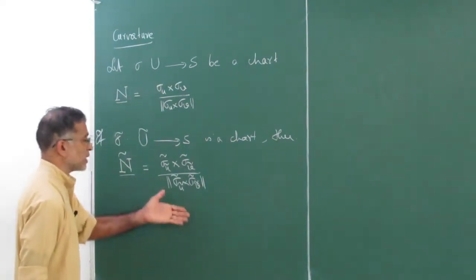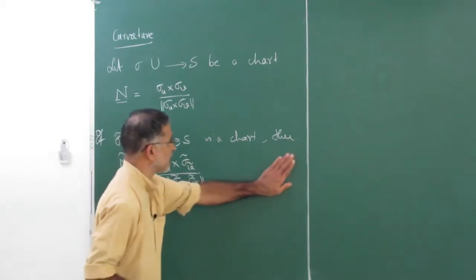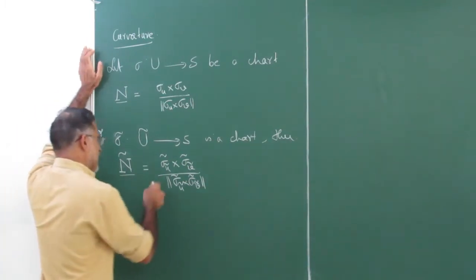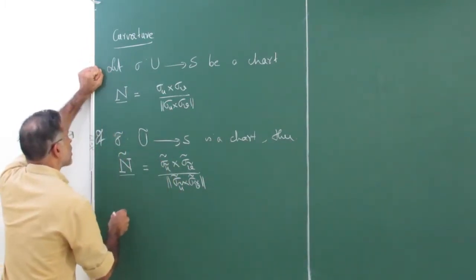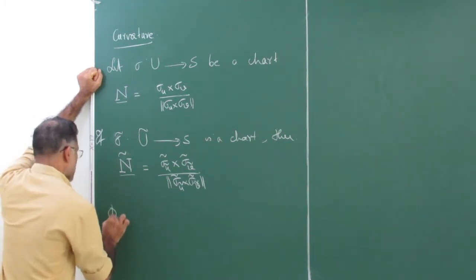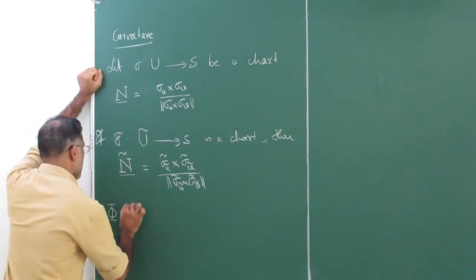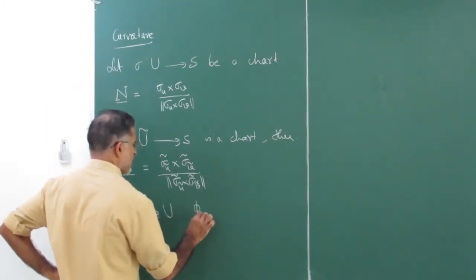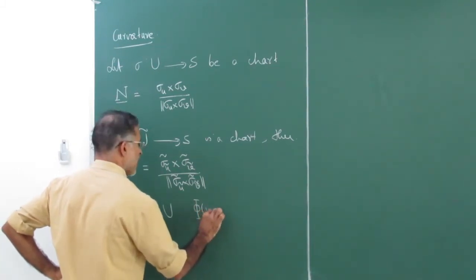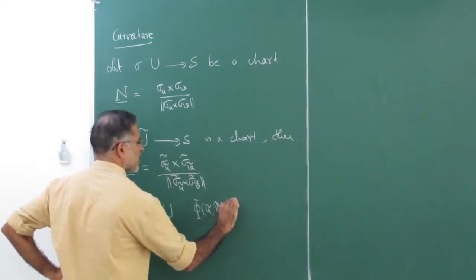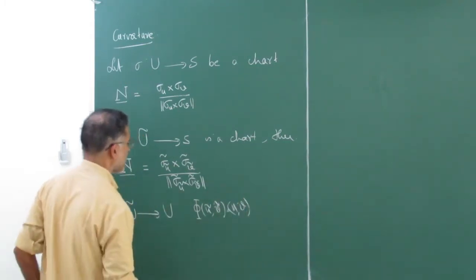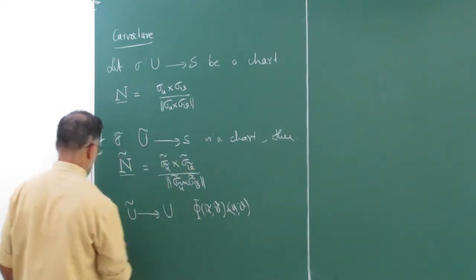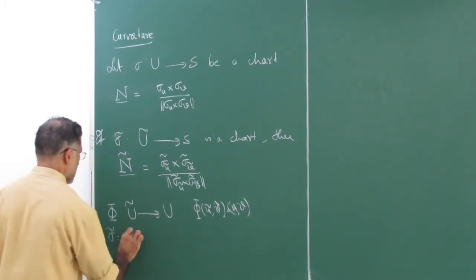Now how do we know these two give the same? So that's a little problematic. So what do we do? Let's just see, but this we have seen. If you have your transition function phi from u tilde v tilde to u v, then your sigma tilde is equal to sigma composed with phi.